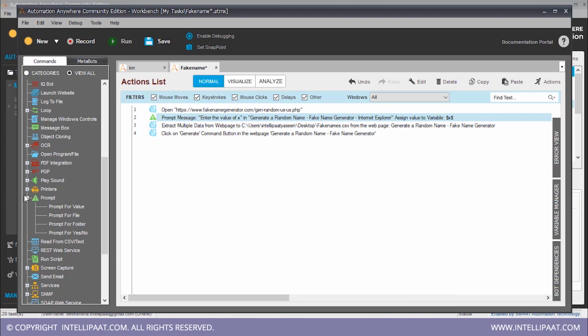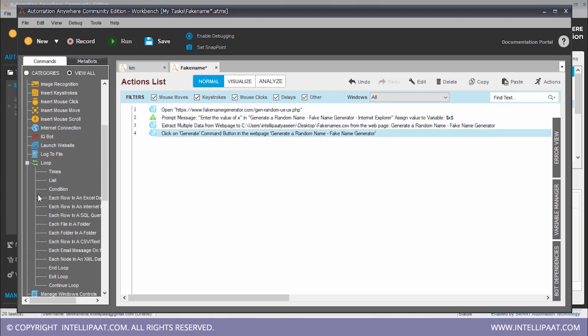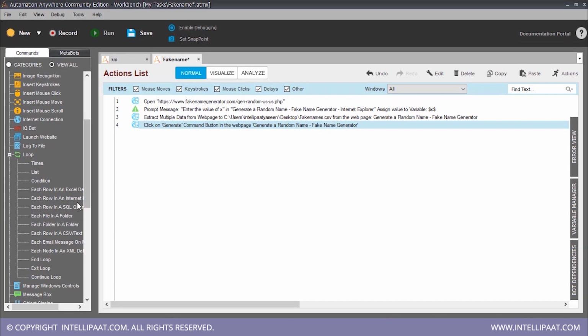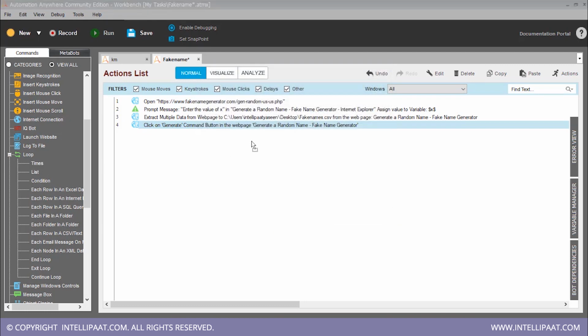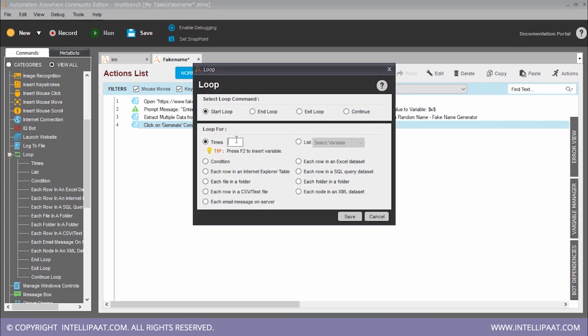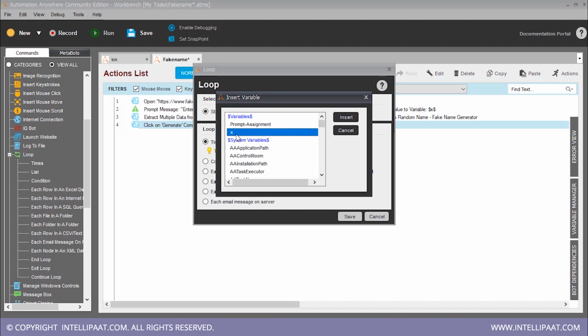And now these two here should be inside a for loop, right? So we have a loop command here. Click on times. You can even drag and drop it. The number of times that we want the loop to happen is X. So let me click on F2 and insert my variable.